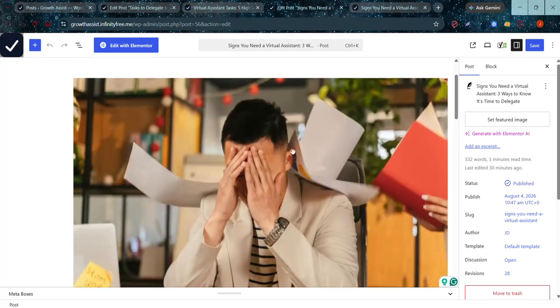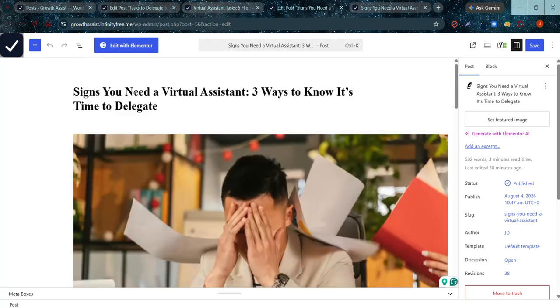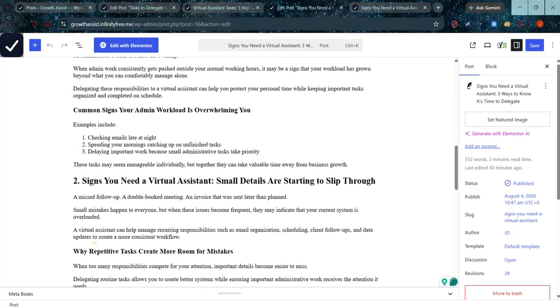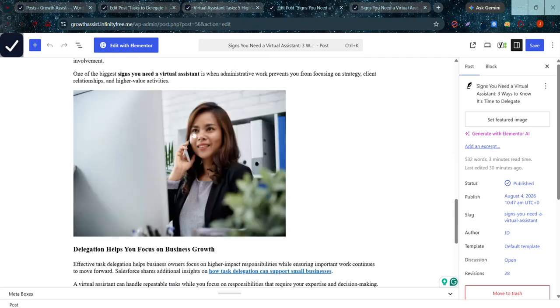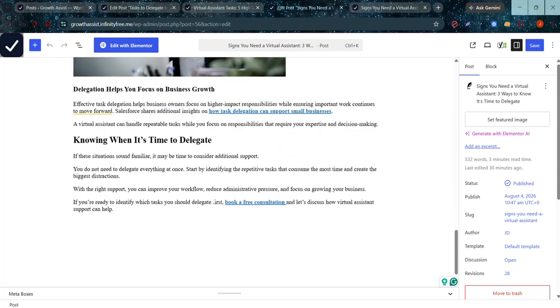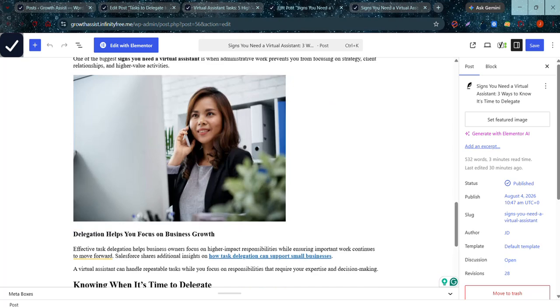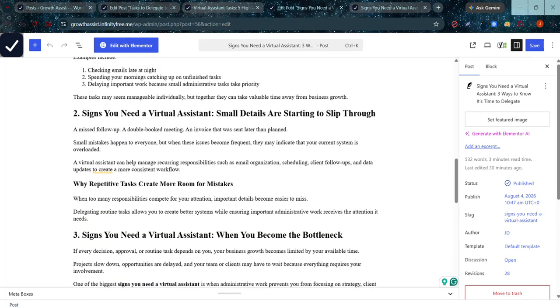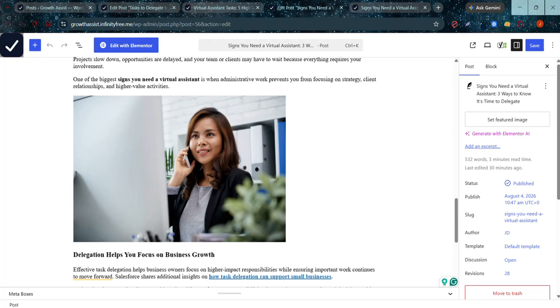Here you can see that I've also renamed the heading to a much more refined version. And here you can also see that I have improved the contents. There's a second heading now, there's a third heading as well, and it's much more detailed. As you can see, there's also an external link, there's an internal link, and all images have an alternative text.